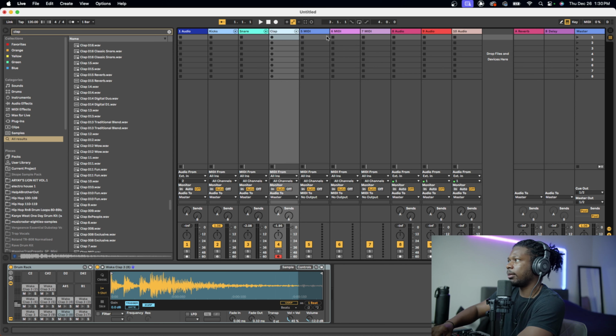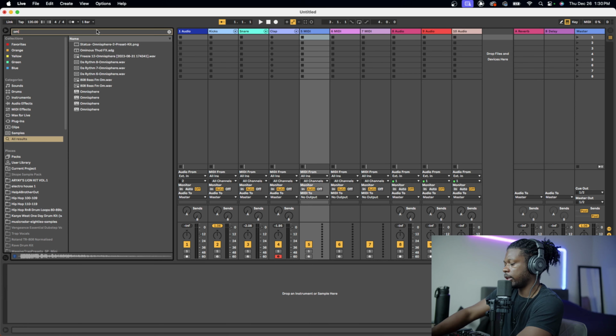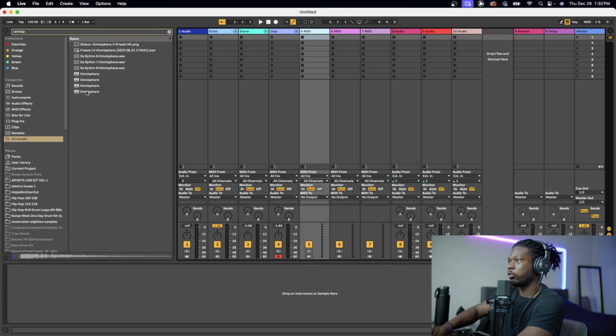And you can do the same thing within Ableton for whatever VSTs you want to use. So let's say, okay, I want Omnisphere